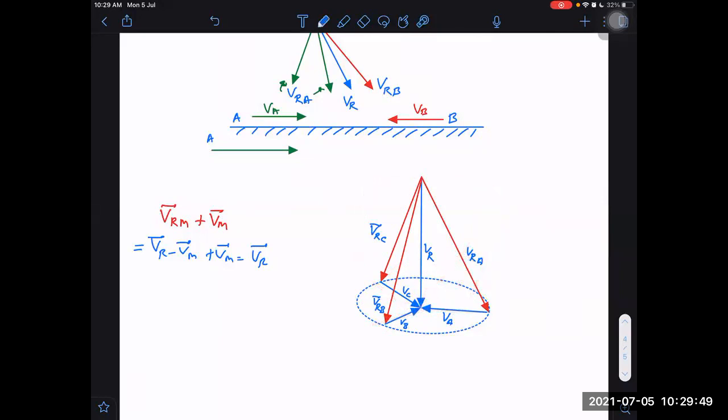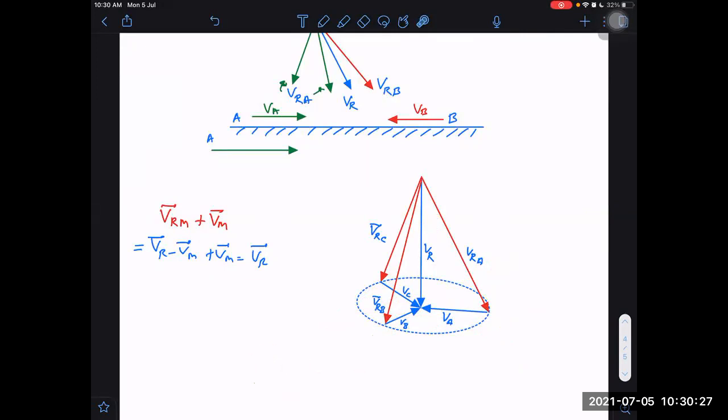How many unknowns do we have here? Let us say the question is asked in such a way that when a person walks towards east, west, north, south. This is southwest. The person is walking towards southwest, the person is walking towards north. This is north, this is east, and this one is southwest. Let's say these are given. And then they said that the rain makes angles alpha, beta, and gamma with the horizontal.